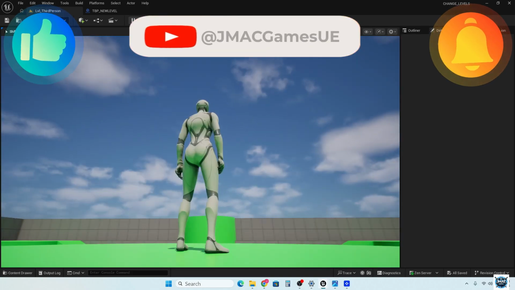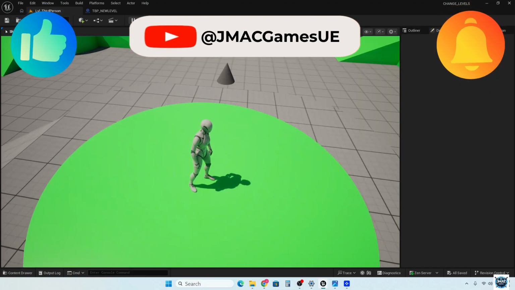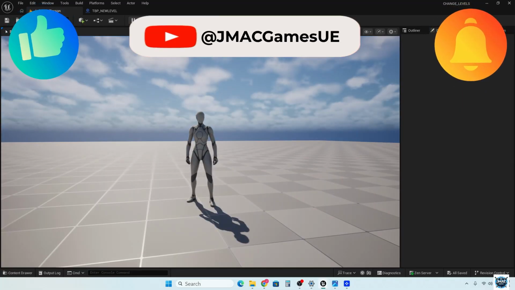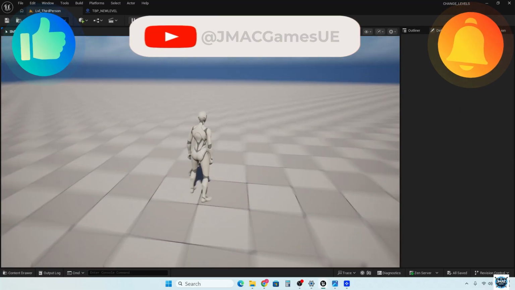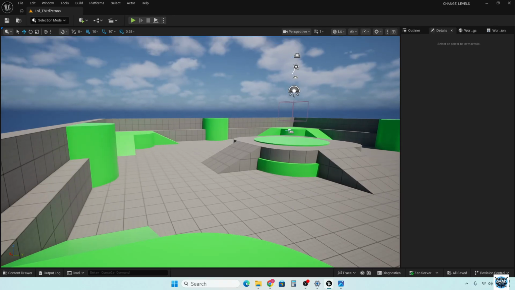Alright guys, in this episode I'm going to show you how you can travel from one level to the next level just by making a simple little trigger box. It's going to be fun guys, it's going to be really easy. Stay tuned. Alright guys, welcome to this tutorial on how to travel to a new level in Unreal Engine 5,